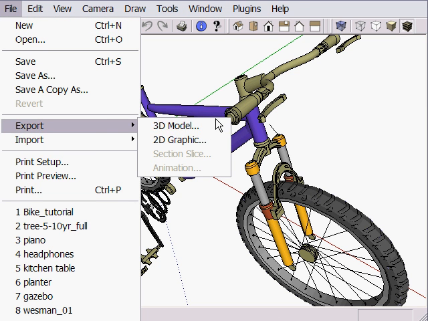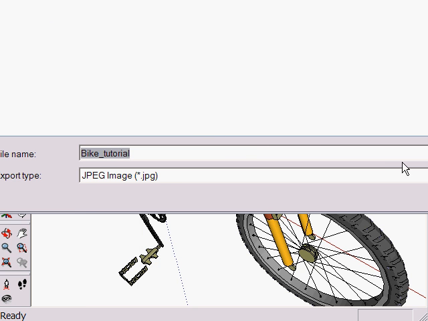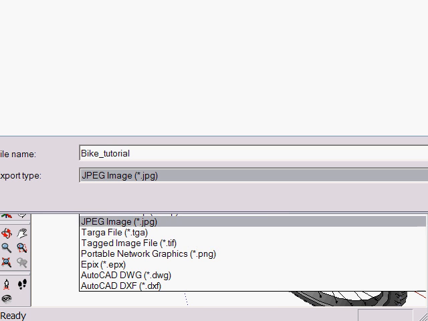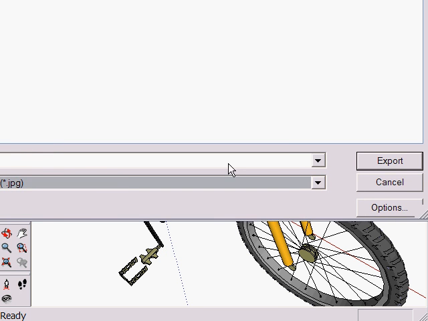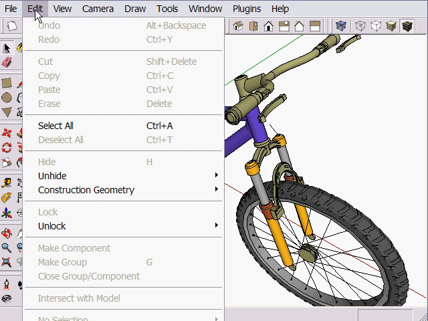Export is consolidated, so all you have to do is decide what kind of output you want: 3D geometry, 2D graphics, quick two-dimensional slice, or animation. All the exporters for that kind of file are listed under the Export Type drop-down, so you just pick the one you want. The same is true for importing. I'll cancel that here. The Edit menu is for selecting, deselecting, hiding, and dealing with groups of stuff in the